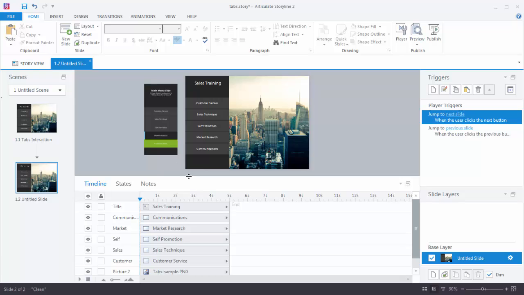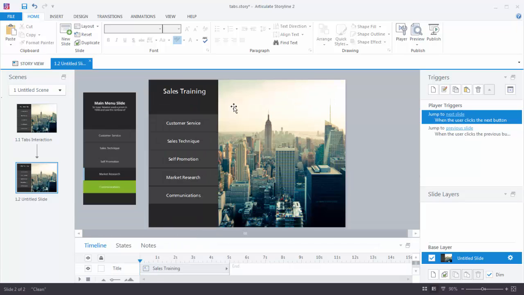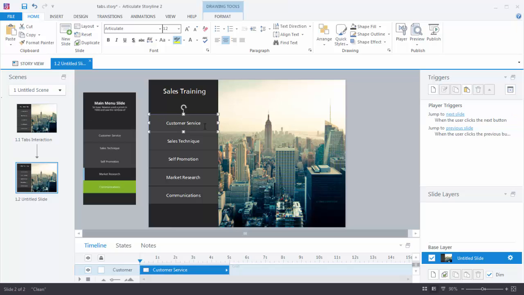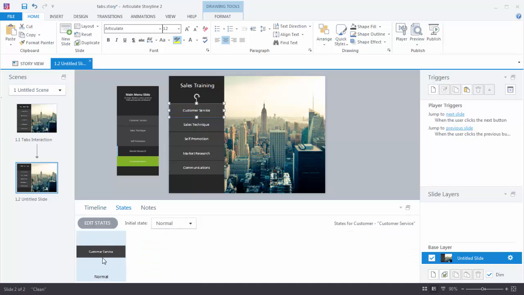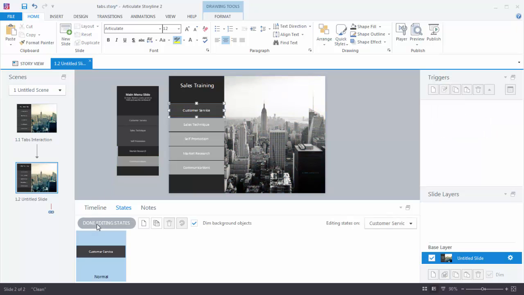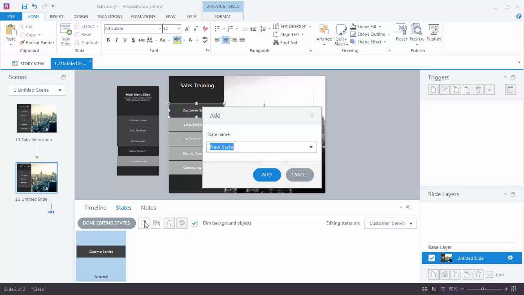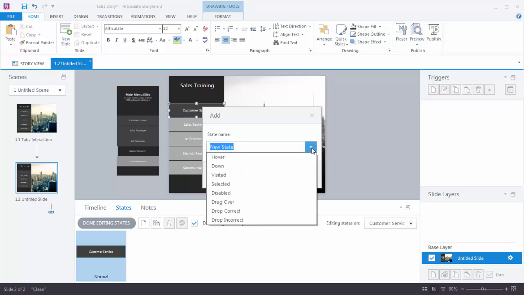So let's go ahead and create those. The way we create those is I select my first shape here, and I'm going to come over here to the states. Let's make this a little larger. So I'm going to come over here to the states tab, and I can see I have a normal state, and I want to create my first state, which is going to be hover. So click on Edit States, click on New State, and then we can click on the drop down, and the